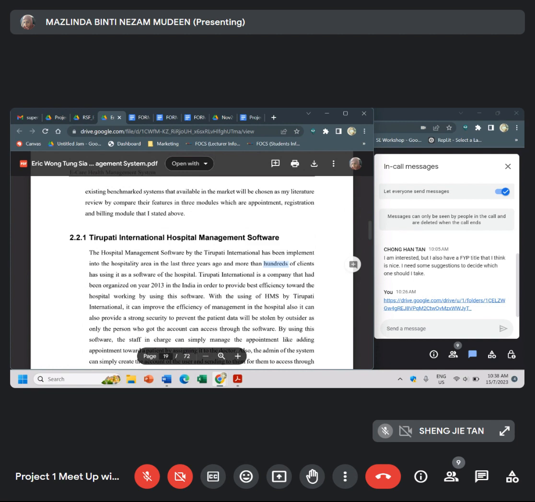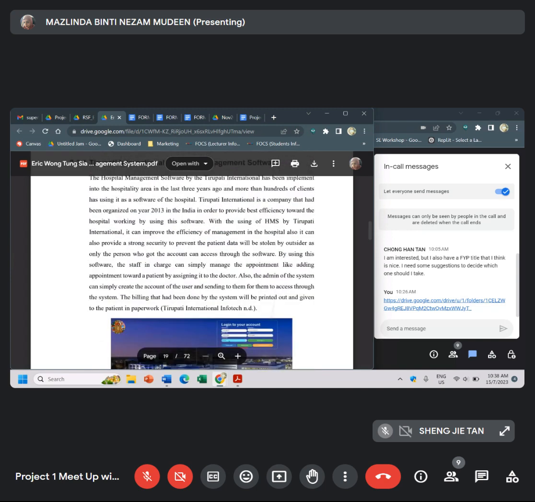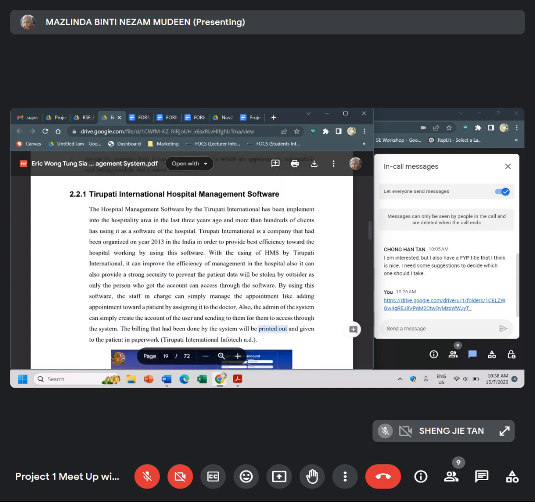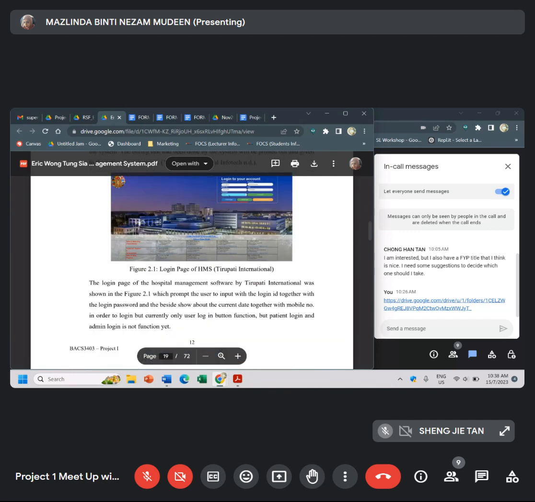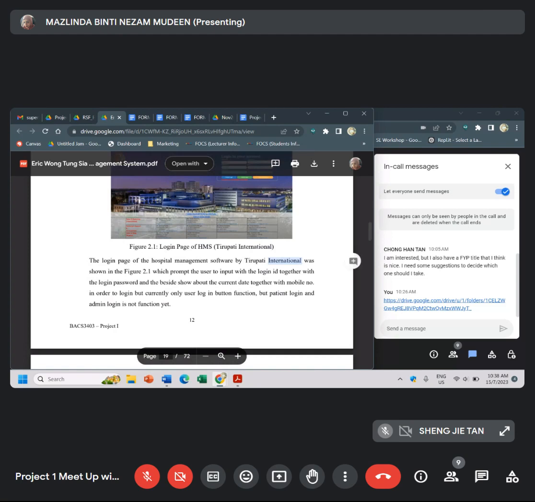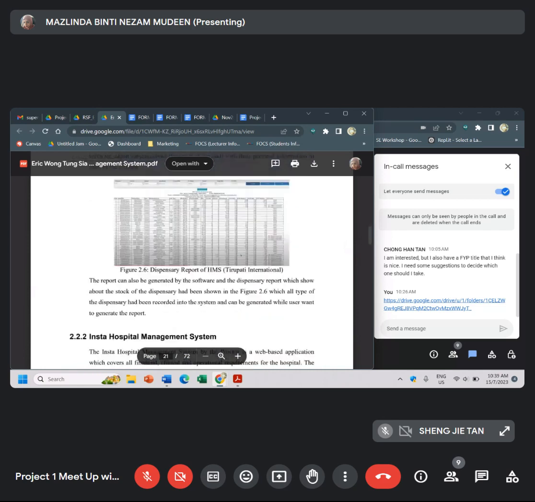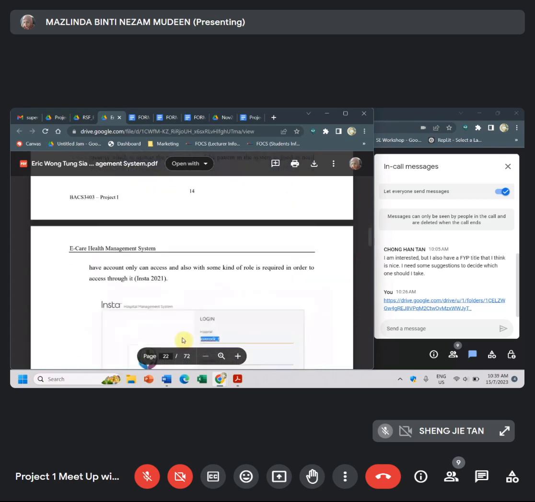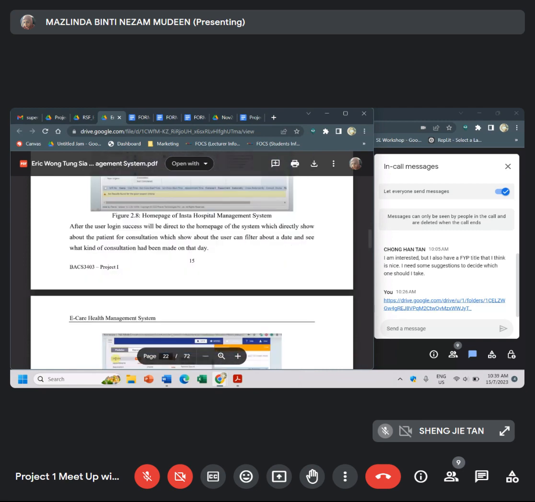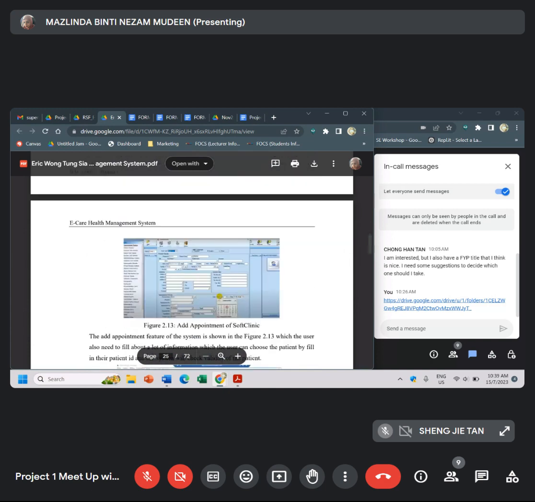So I will ask you to conduct the study for you to understand how the system works. You can include the user interfaces to show how the system is functioning. You need to select like three systems. So this one is another system, the same thing, do the study of the system. Then this one, another one, the third one.